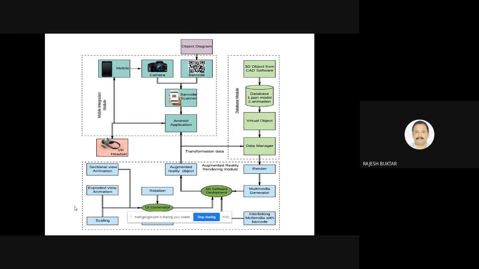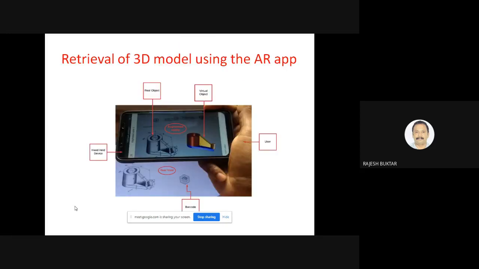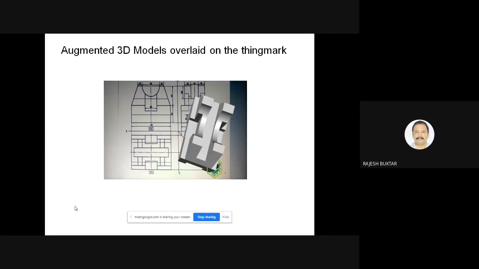Is another framework, which is the extended framework of the earlier version. This is how it is accessed through smart mobile. So you can see here how the 3D model is being accessed using the thing mark, which is shown here on the green side. So I'll break the presentation here and show you some of the videos regarding augmented reality and some of the work which you have developed at SPCE.